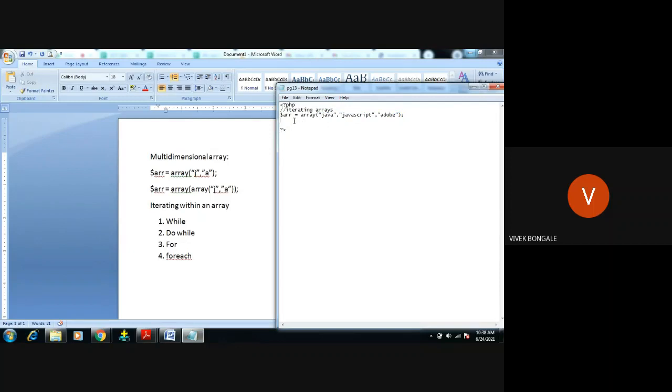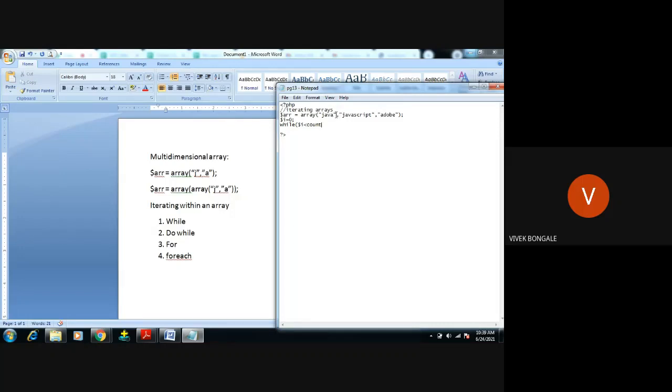Okay, to display all these values, we have to use some conditional statements. Some iteration has to be done with this array value. Okay, how to do the iteration? First, we are going to do the iteration with the help of while loop, right? While loop, first initialization $I equal to 0. It takes the index value, 0th value, right? Then while keyword, then the condition we have to use, $I less than count. Okay, it's going to count how many values it has to display in the browser.